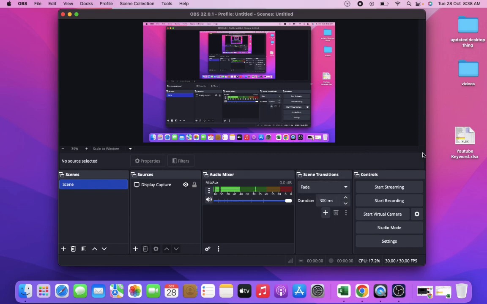Now if you want to start your screen recording, just click on the start button. When you click on the start button, your recording will start. When you click on the stop button, it will stop. And one more thing,